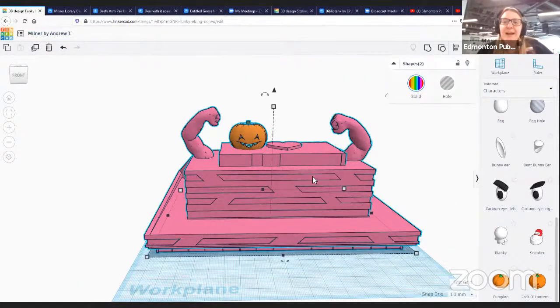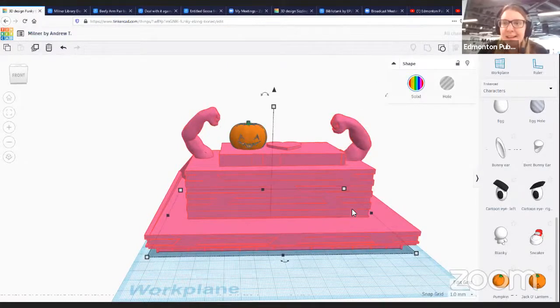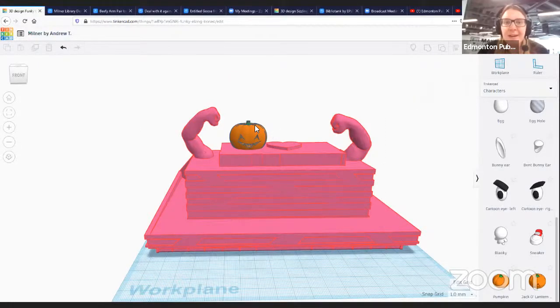Just trying to think. So I mentioned earlier that one of the things that we always like to see is things exported in that STL format, and maybe I'll show you that, just in case you're curious about that part of the process. So we have our